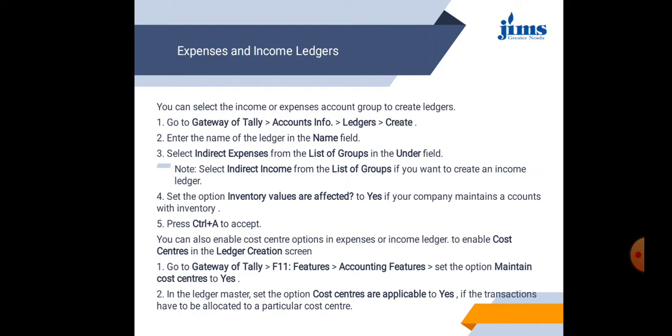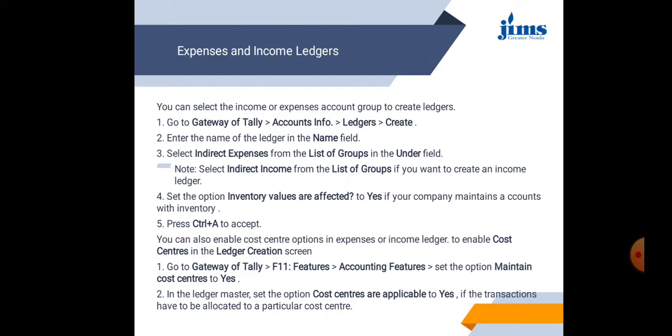Then press Ctrl+A to accept it. The shortcut key for accepting is Ctrl+A. Then you can also enable cost center options in expenses or income ledgers to enable cost centers